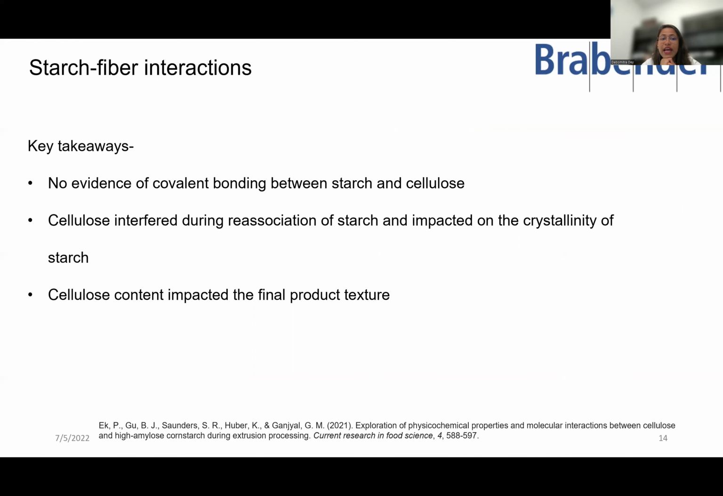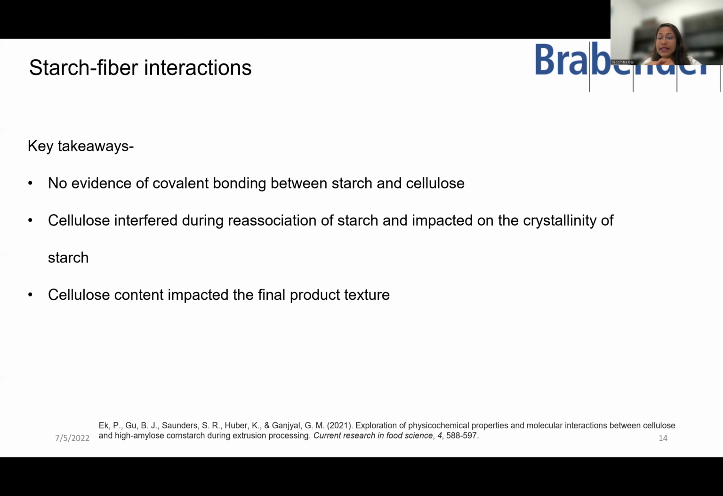starches and cellulose. And the authors also mentioned that cellulose interfered during reassociation of starches and impacted the crystallinity of starches. So what is the meaning of reassociation of starches? Starches have the tendency of reassociating themselves, which is also called retrogradation of starches. So in this process, during cooling down of starches, the authors mentioned that the cellulose possibly impacted that particular process